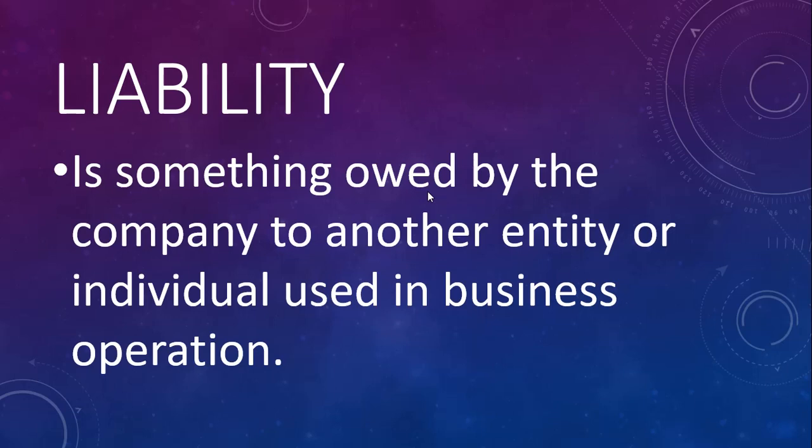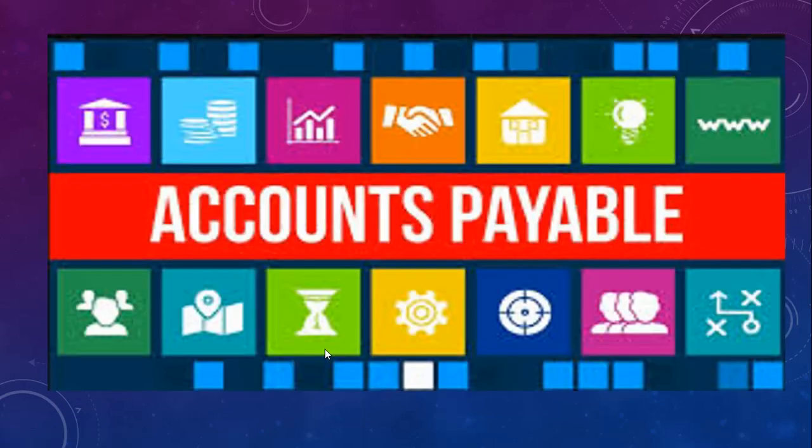So normally you promise to pay it in future, maybe after a year, after 30 days, 60 days. The thing is, you promise to pay it. That's something you take possession of in order to use it in your business operation. So in that case, that is actually a liability. One example of a liability is accounts payable. In fact, this is the most popular among the examples of